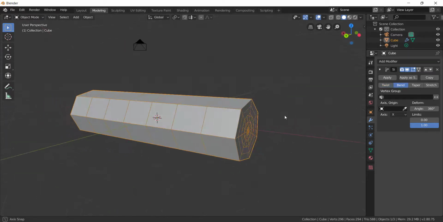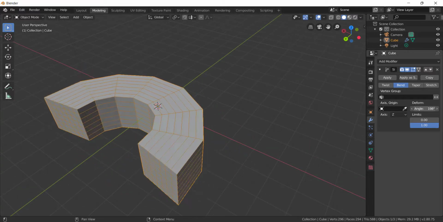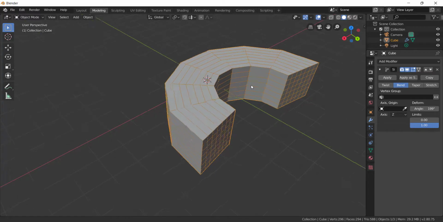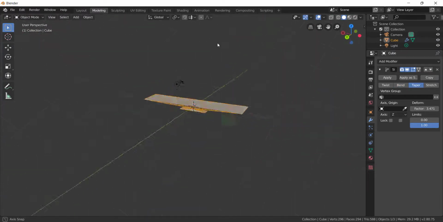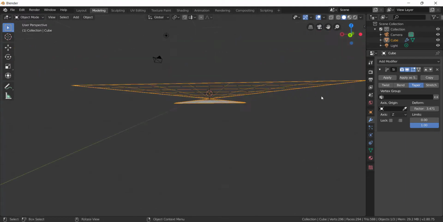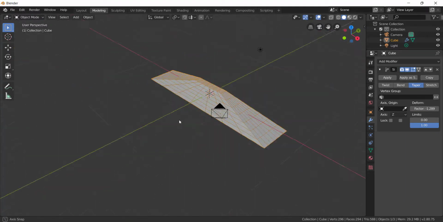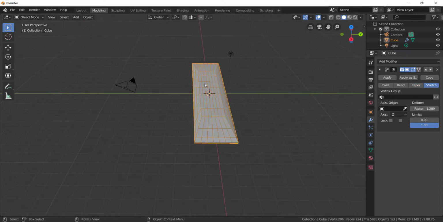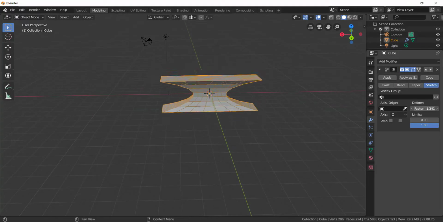Now the bend will be in the z axis. See, this is the bend. If you want to create some arch or something, you can use the bend modifier. Taper will make it big on one side and smaller on the other, like this. See, like a pyramid it will make it, right? And there is stretch, you all know, it will stretch the object